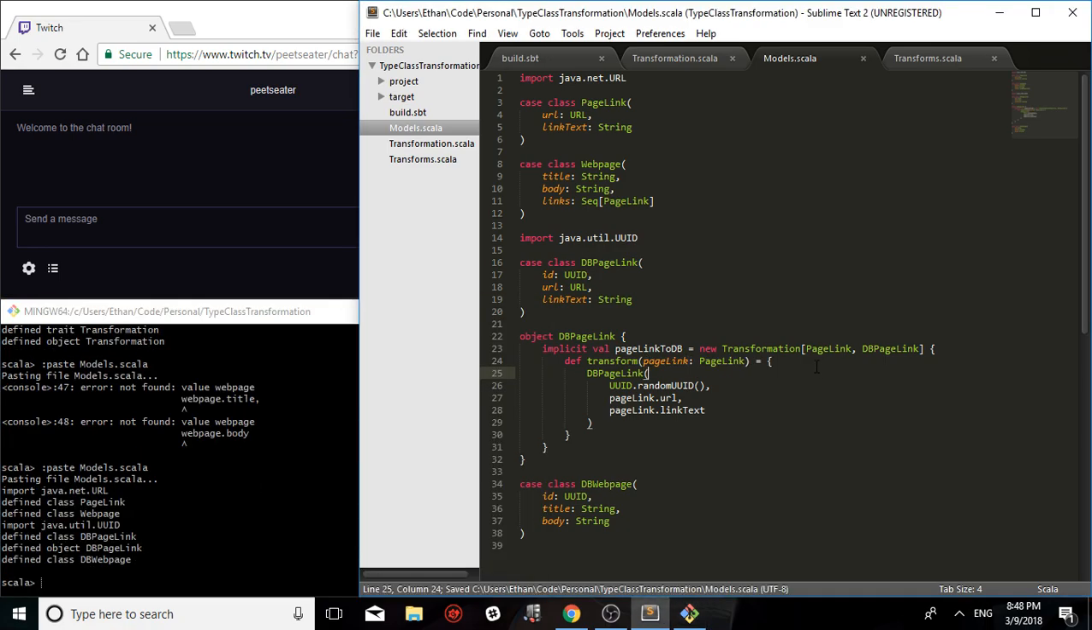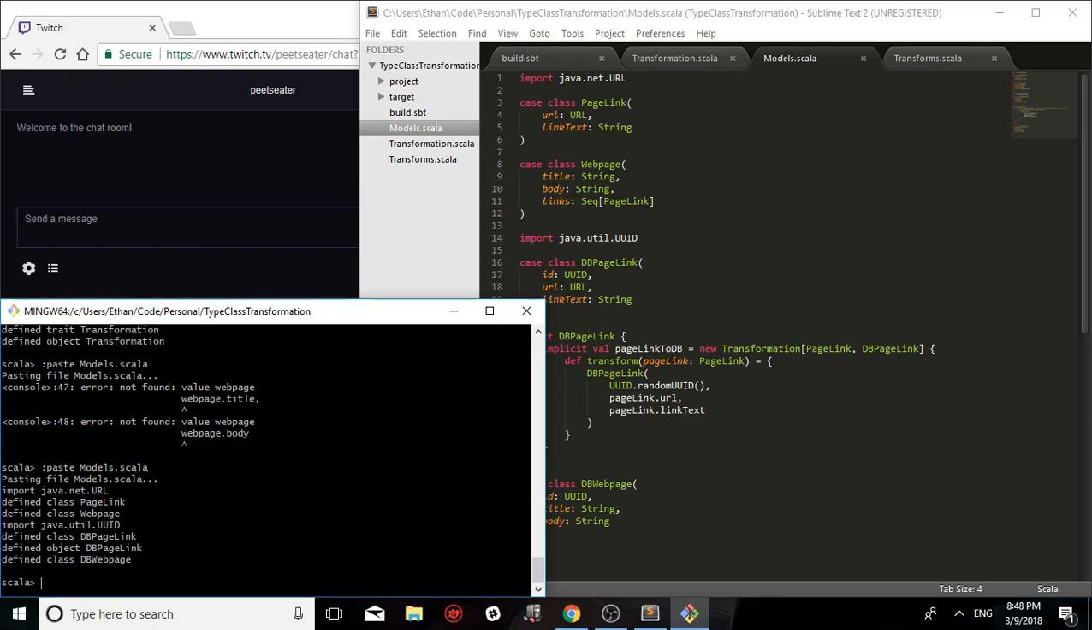So anyway, now what I could do is, oh, okay. So transformation dot transform, and we're going to go from a page link to a DB page link, and we're going to pass it a page link, which